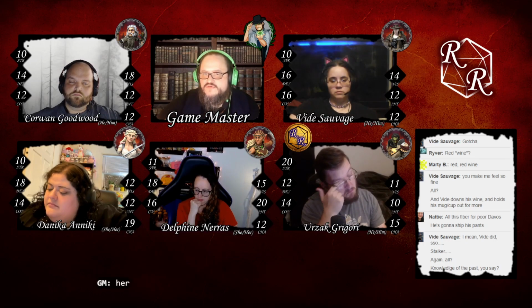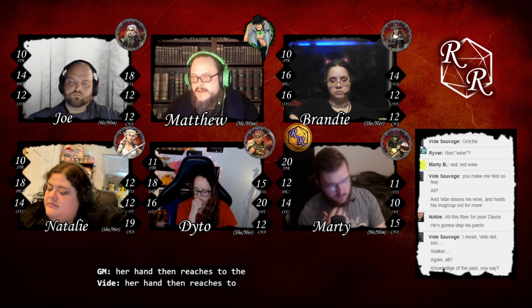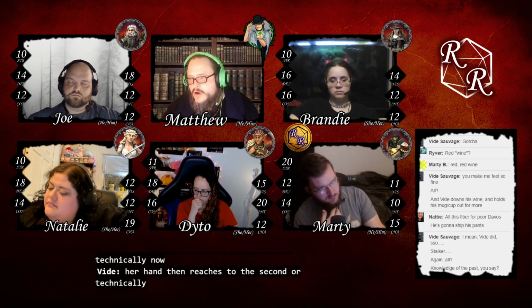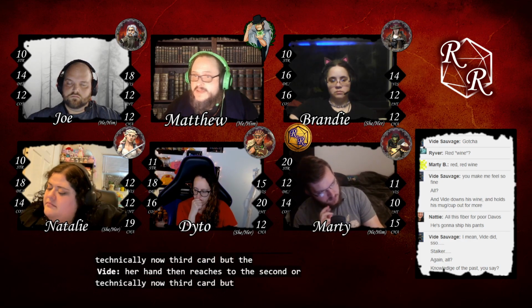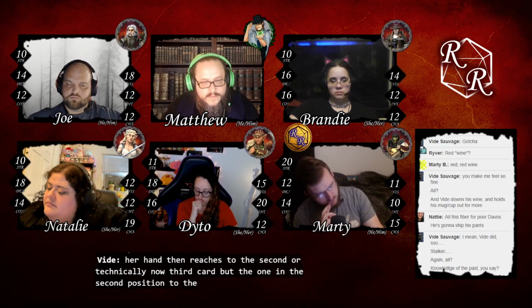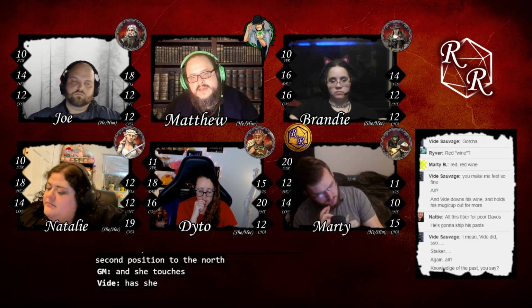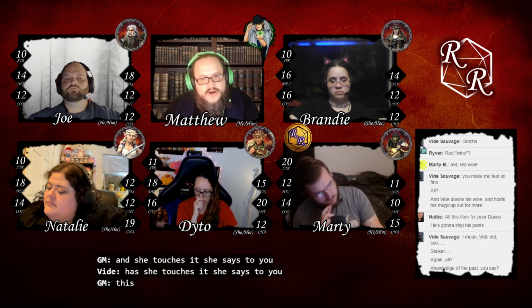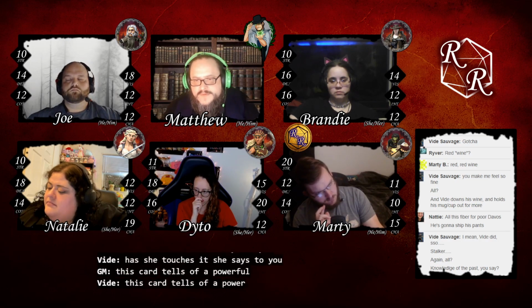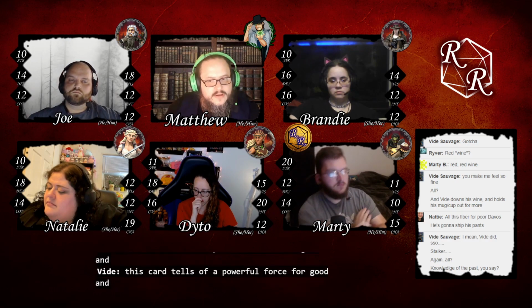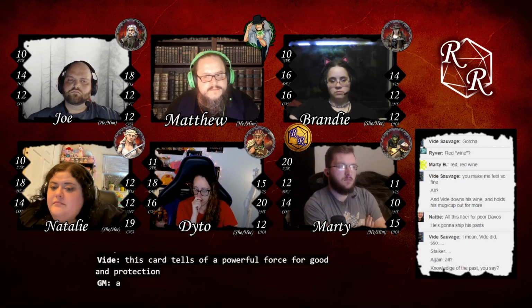Her hand then reaches to the second, or technically now third card, but the one in the second position to the north. As she touches it, she says to you, "This card tells of a powerful force for good and protection, a holy symbol of great hope."